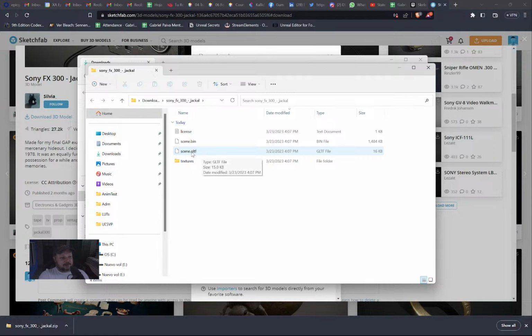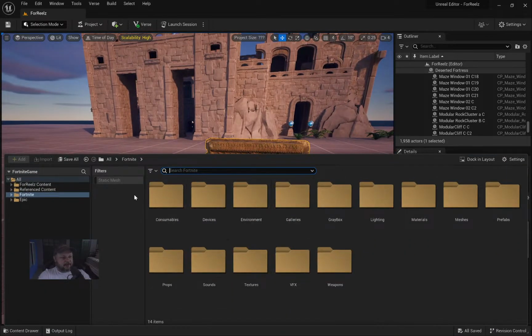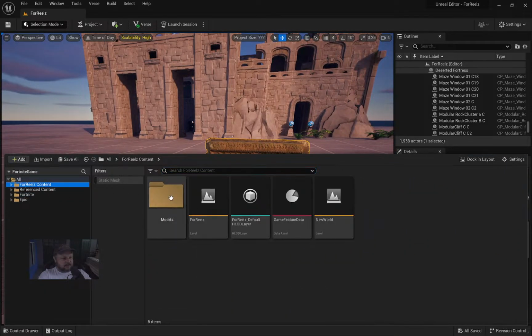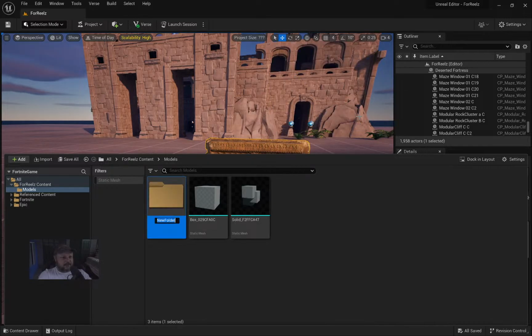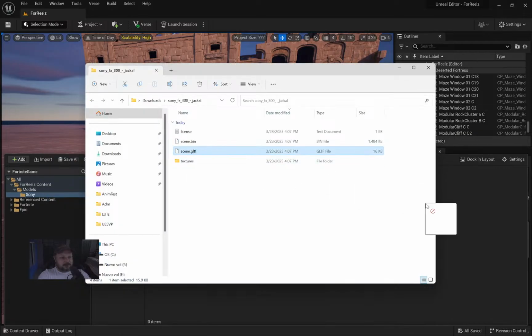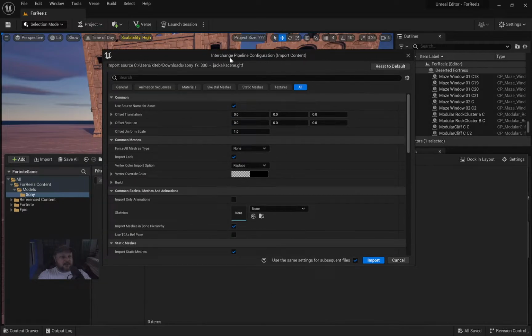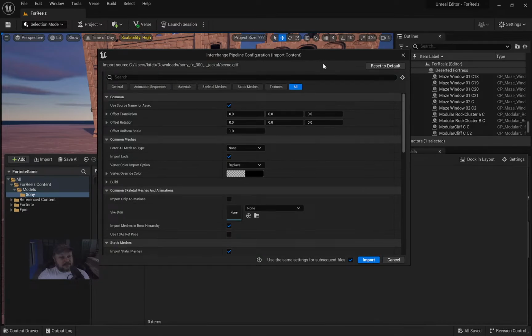and here it is. I have the scene GLTF right here, and all I need to do is go to UEFN, go to my for reals contents, open up my models folder, and just to keep everything a little bit organized, I'm going to say that this is the Sony blah blah blah something, not affiliated by any means. Then I drag my scene GLTF, drop it here, and look at this. We have the new interchange pipeline configuration. This is the new importing way for everything that is not FBX, and these things should start working for